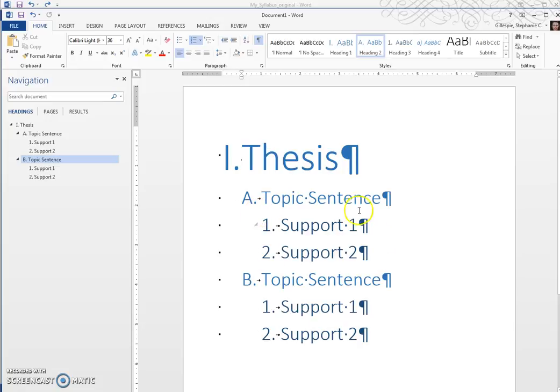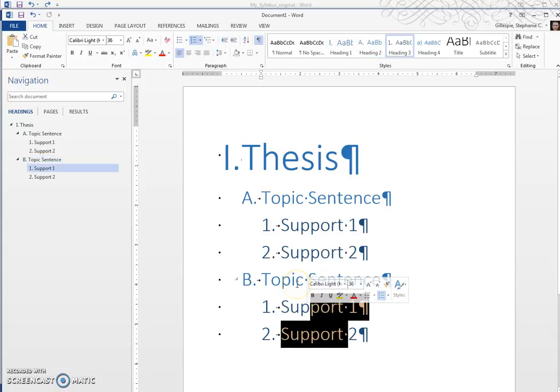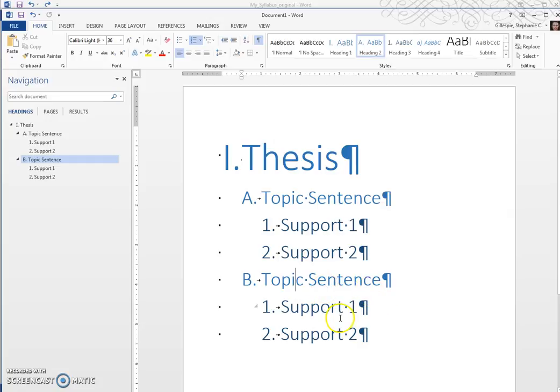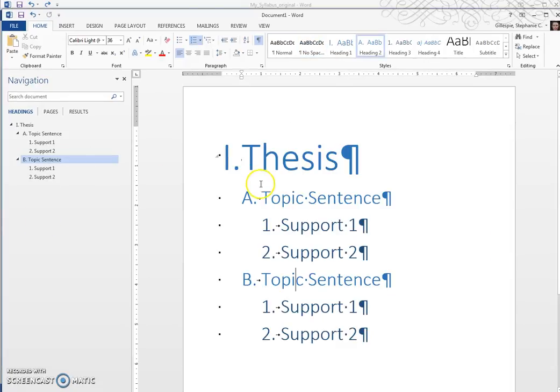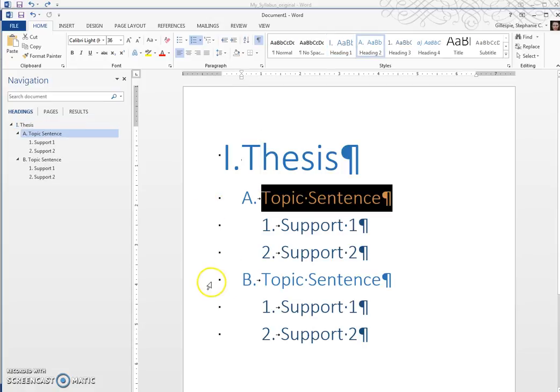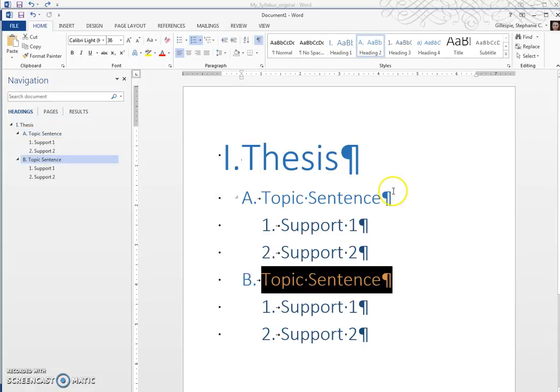So all of these pertain to the thesis. Support 1 and 2 here pertain to the first topic sentence, and these last supports pertain to this second topic sentence. So there's a hierarchy, okay? And that is what you're going to do when you're putting in headings here. So you'll have one thesis statement for your syllabus. You might have several topic sentences, and these are going to represent major areas like,